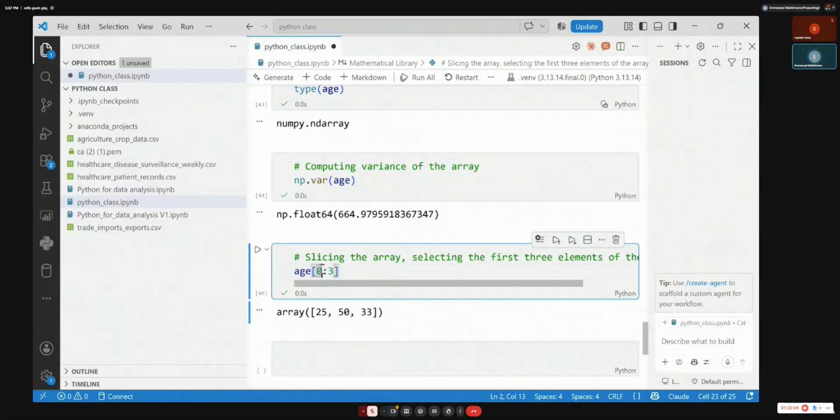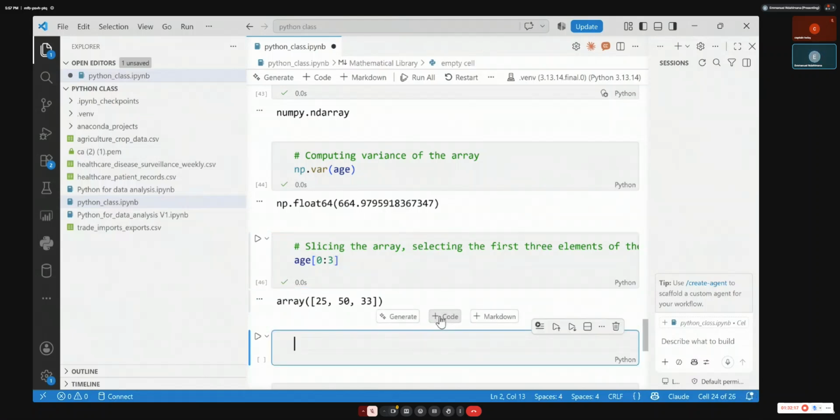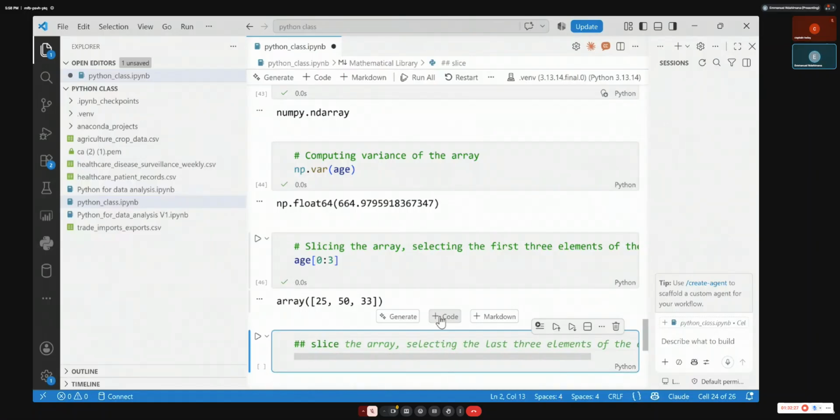So what if I need it from behind? You can change the number. Maybe I need the last 2 or the last 3 from behind. Let me put in the comment, and it's going to write the code for me. Slice and get the last 3. Yes, use minus. That's the array, get the last 3 elements.